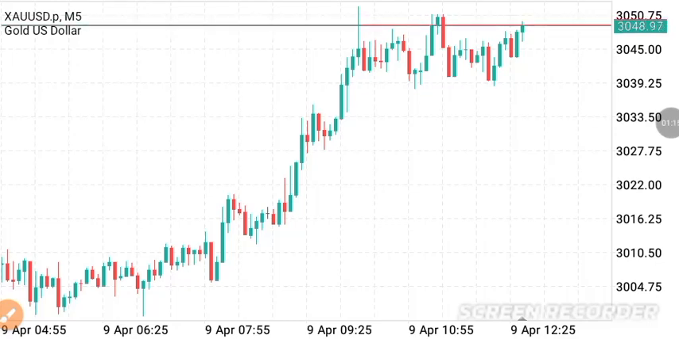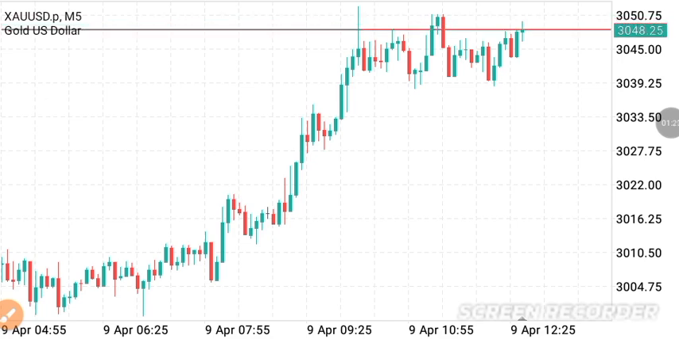Any charting platform like TradingView works, but I am going to use MetaTrader 5. I am going to help you on how you can launch it in MetaTrader 5. Go to the indicators tab